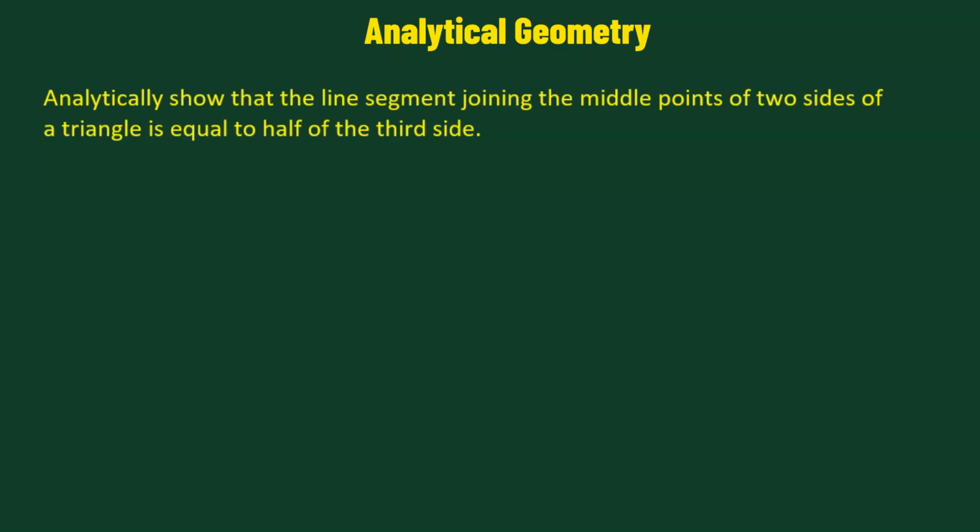We need to show that the line segment joining the midpoints of two sides of a triangle is equal to half of the third side. Now let us begin by considering a triangle. Let's say we have a triangle